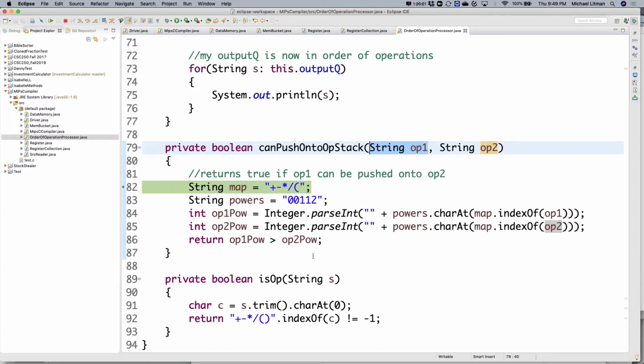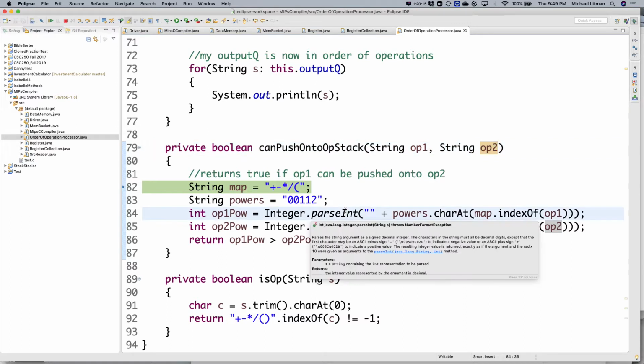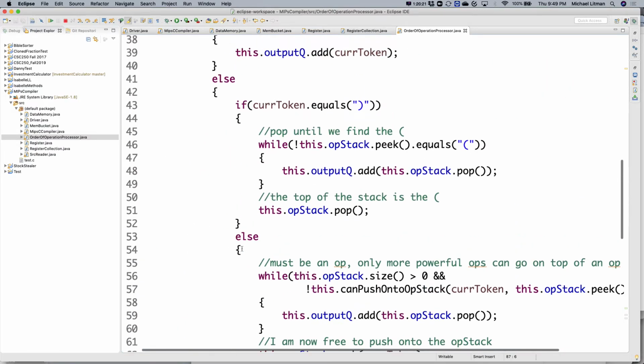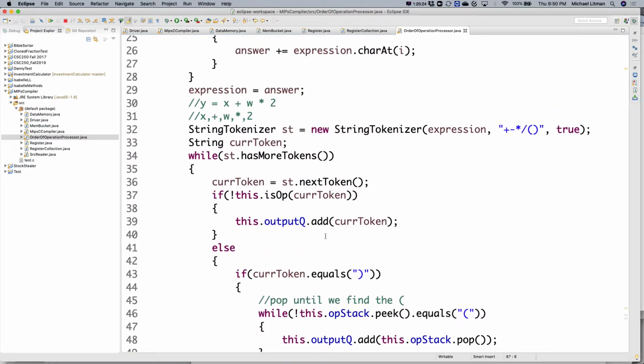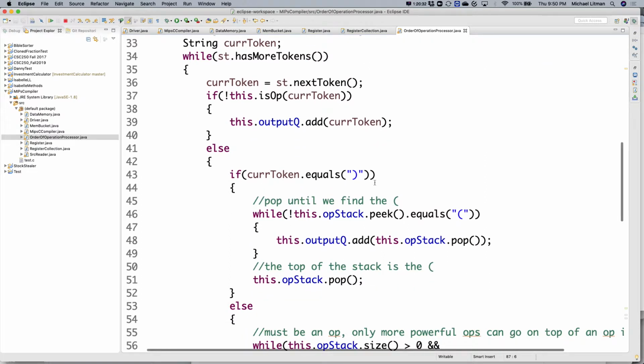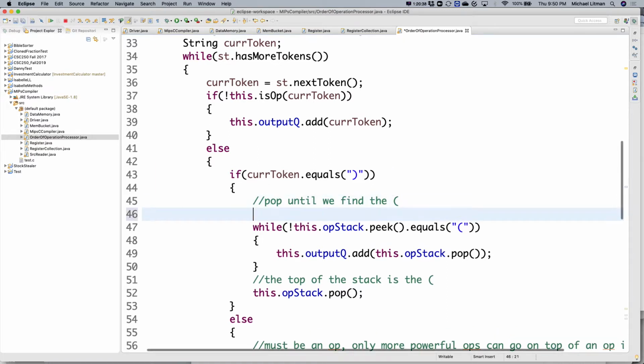So I am allowed to push it onto the stack if the power of this operator is larger than the power of the top of the stack. I can always push a more powerful value on top of an element of the stack. So this code looks correct to me. So with that in mind, what we'll go ahead and do is, when I see this closing parenthesis, because this is where we're dying, let's just quickly spit out our